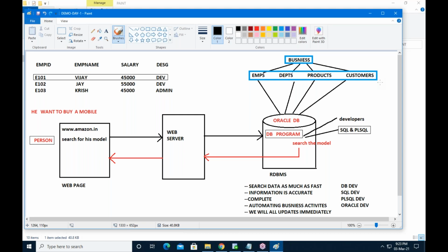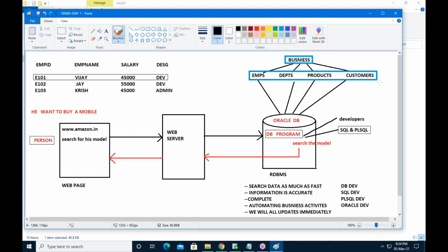Some people are asking, sir, the transaction is already completed, why are they maintaining the transaction details? In future, if you argue with the company or with the bank, saying I didn't do the transaction but I have less balance, they have to show the proof. Sir, these are the transactions you did with your card.